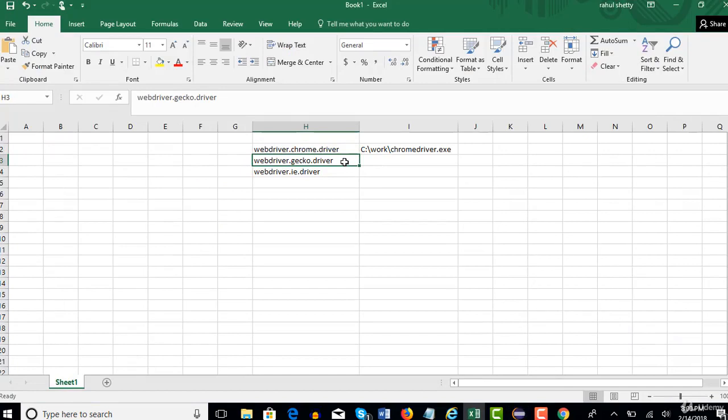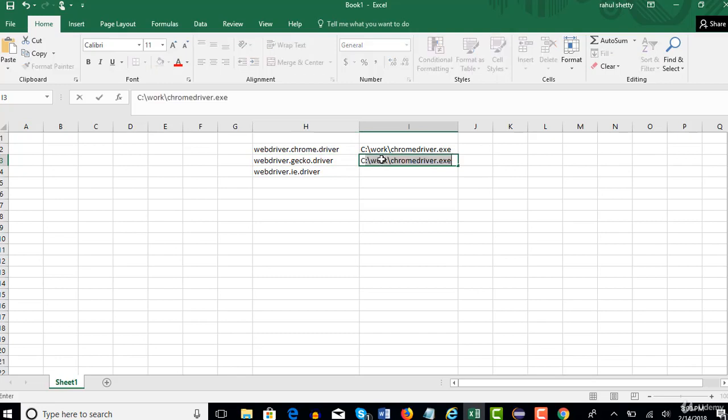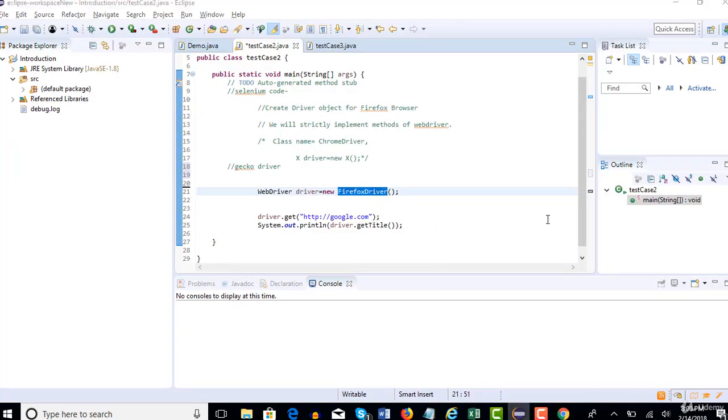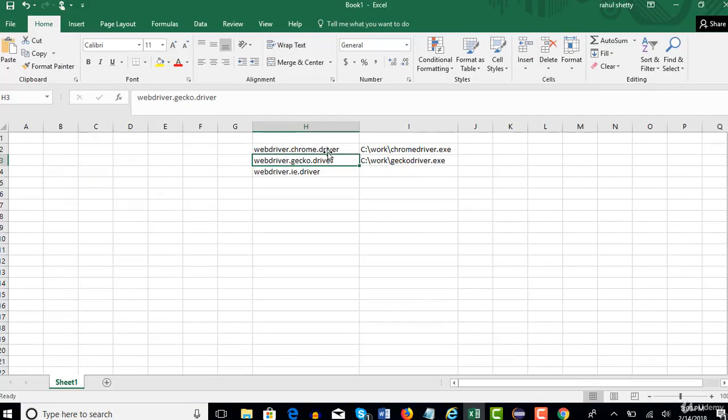Now in this key value, I have to pass the location of the geckodriver.exe file, which is nothing but this one. It's again in the work directory, right? In my machine, maybe in your machine it could be a different place. Like this, we will set the driver path into this gecko driver key. This key is applicable only for Firefox. If you are dealing with Chrome, you have to use this as your key.